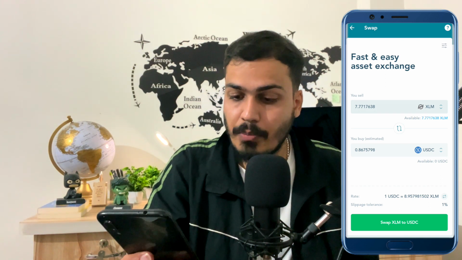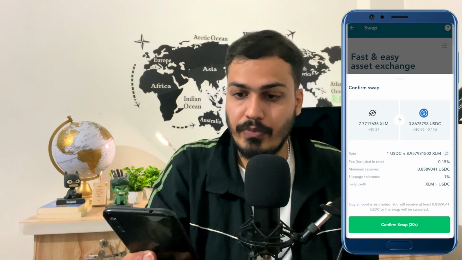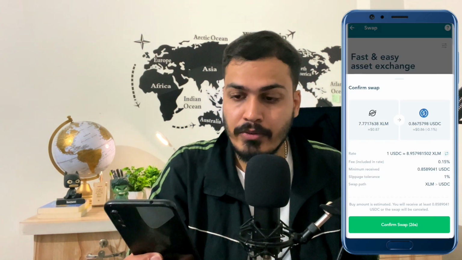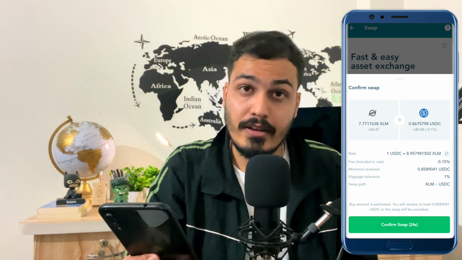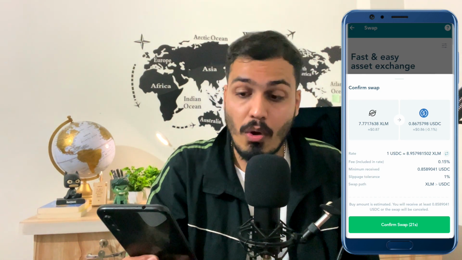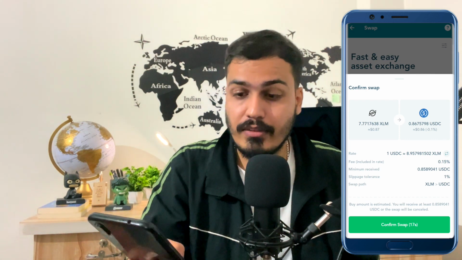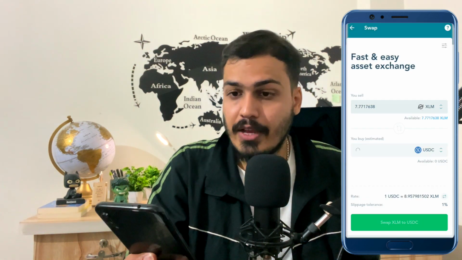When we click on this option of swap to USDC, this is how it will appear. Now you can see that it is charging us 0.1% fee. In some cases it can increase, and in some cases it might also decrease. So if you want to avoid these fees, then you can just simply get back